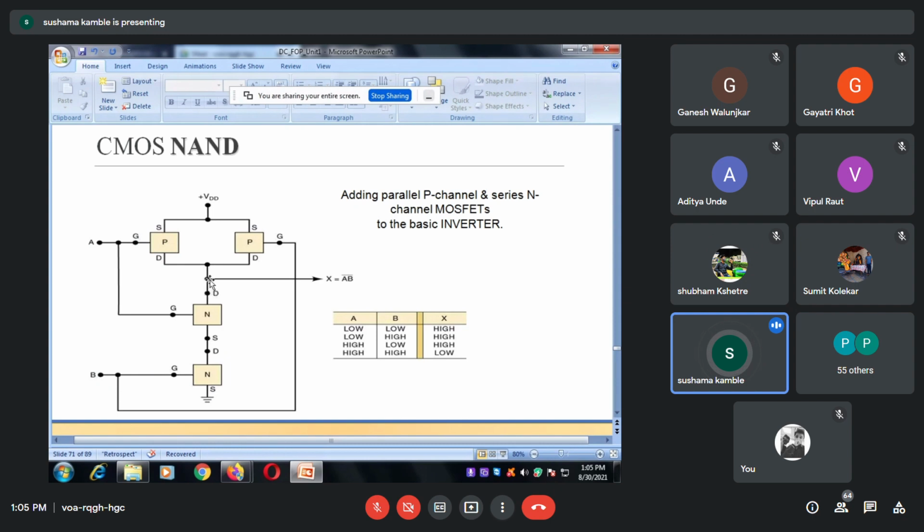And see the output, where we are considering the output stage, that X is equal to AB bar. दो PMOS ट्रांजिस्टर पैरेलल में कनेक्ट किए हैं, उसके नीचे यहाँ पे हमें आउटपुट मेजर करना है. स्ट्रक्चर समझ में आया? Yes, ma'am. Okay. अभी मुझे आप बताओ,